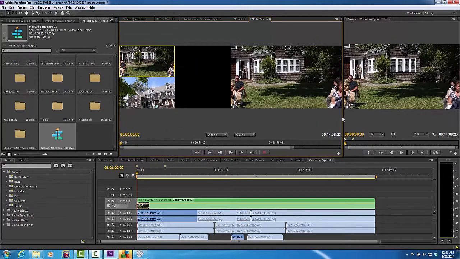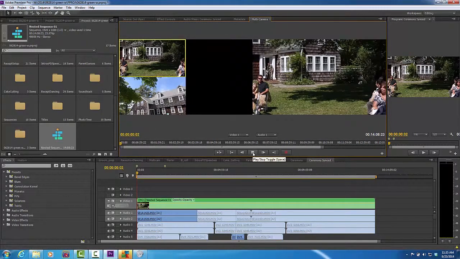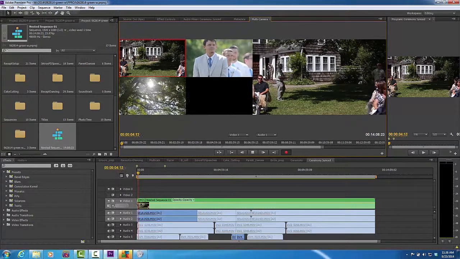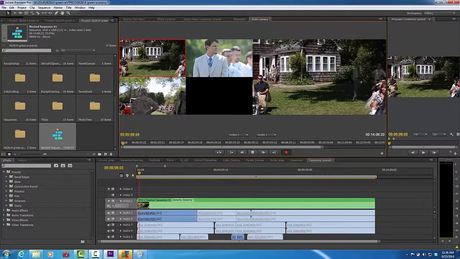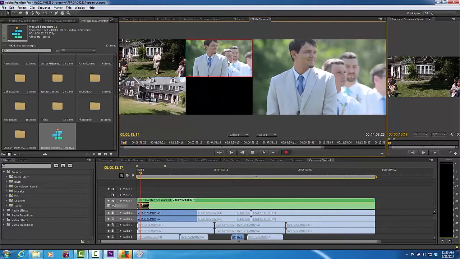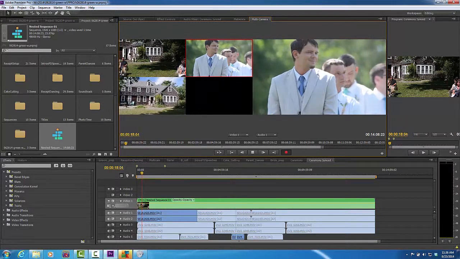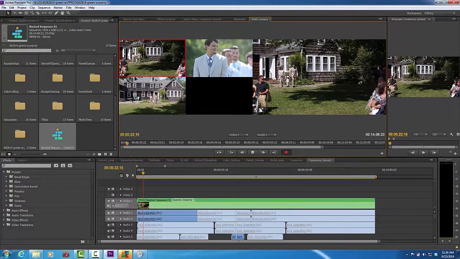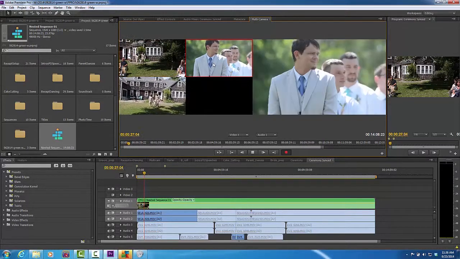We'll want to make this as big as possible so that we can see it in full. And what we'll do here is just simply hit play and then record, and by clicking each piece we'll get the different cameras that we want. Now the only thing we want to do here is, number one, keep occasionally changing the camera angle, not only to the best camera angle, but within a few seconds changing them just to keep it interesting to look at. So this is where you're going to create a broadcast style edit by just clicking for